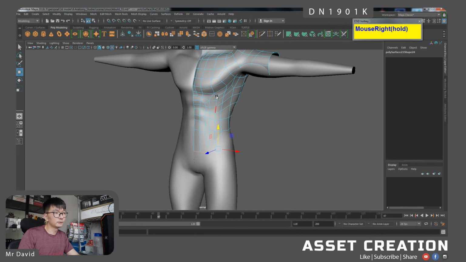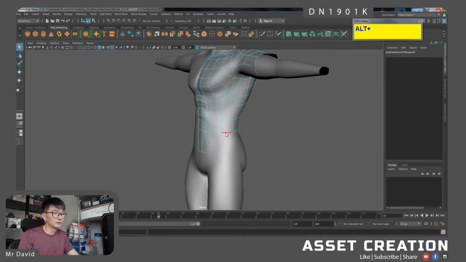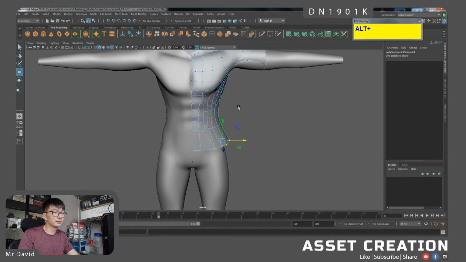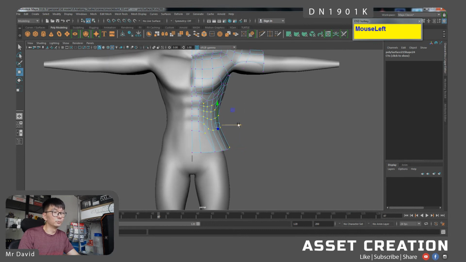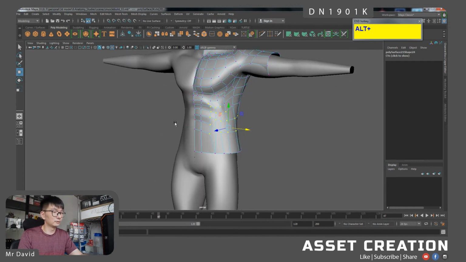So eventually we will remove all the muscles topology just to make it look like it's a t-shirt. And at the end of the day, we are going to remove the inner body. So if you're going to remove the inner body, there's really no need to model up all the